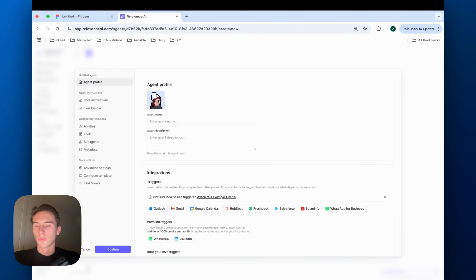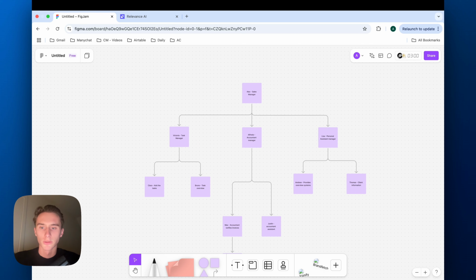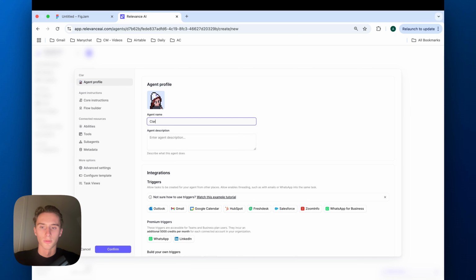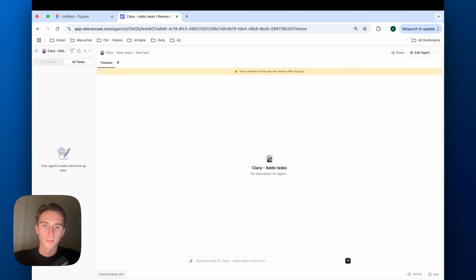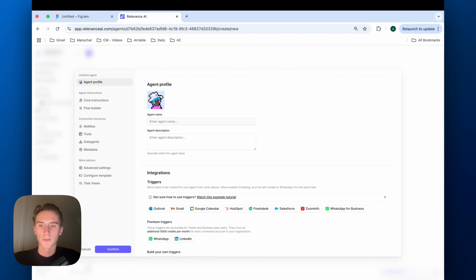So what we can do, there's really two ways: you can already create all of the AI agents and then modify them. That's what I recommend, so then you already have it done and you don't have to deal with it anymore. So let's just do that. We'll just do Clara, adds tasks, right? Then after that we have Bruno,